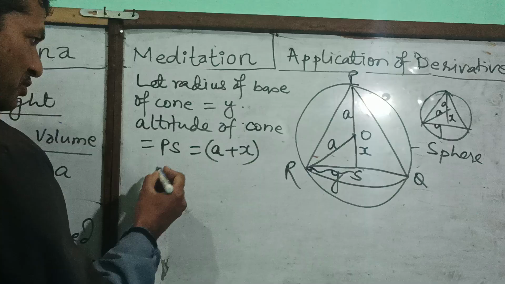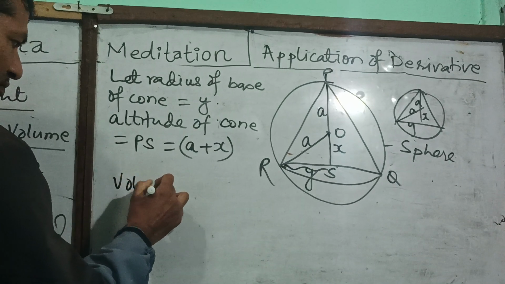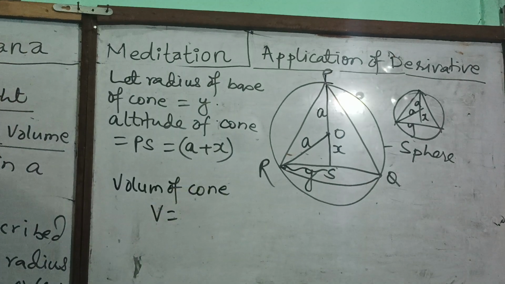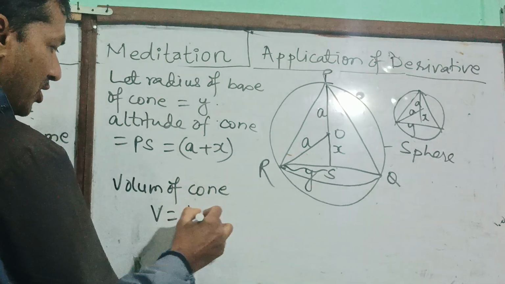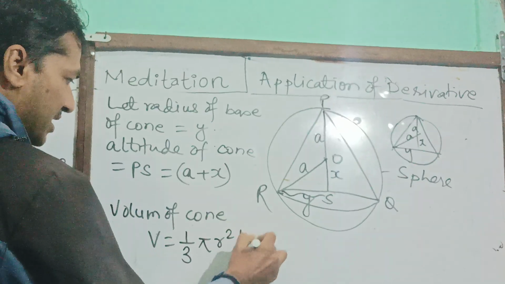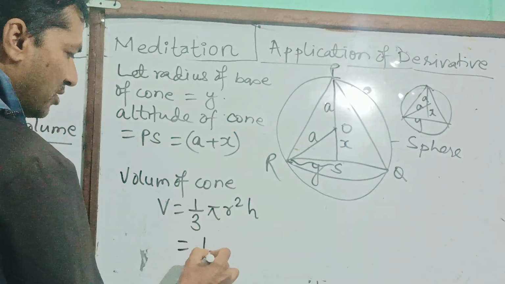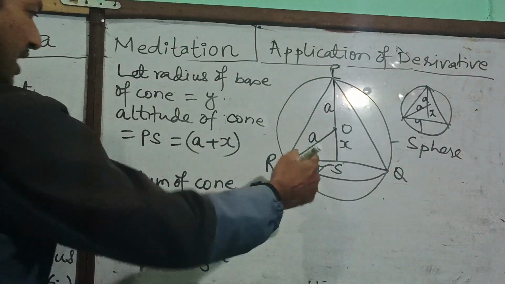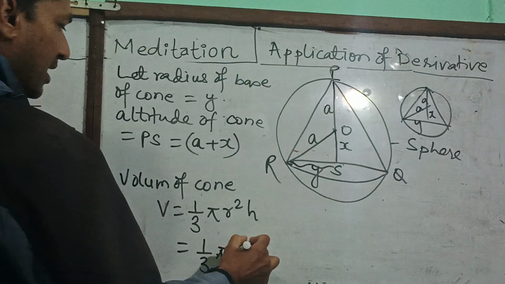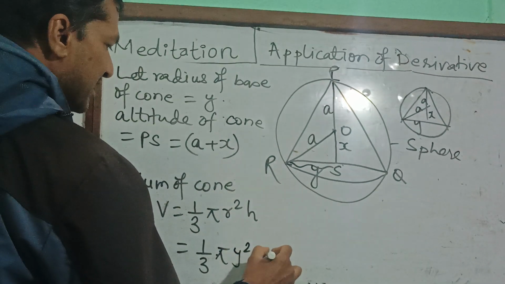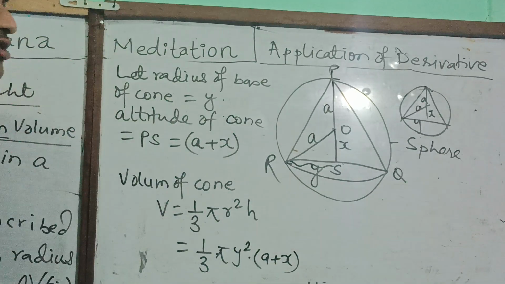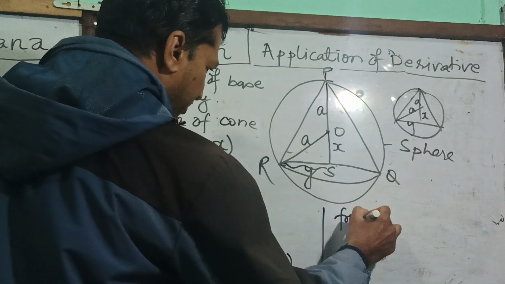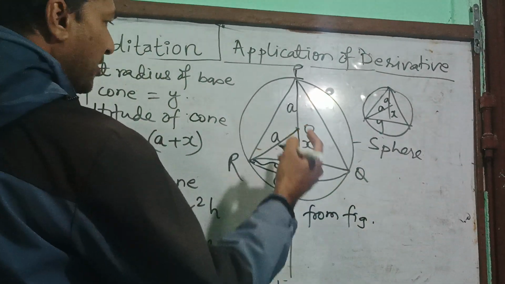So the volume of the cone. V is equal to the formula, what we know, 1/3 pi r square h. So 1/3 pi r, what is the value of r, the radius is Y, square, into h. What are we getting? A plus X is h. From the figure we have got,